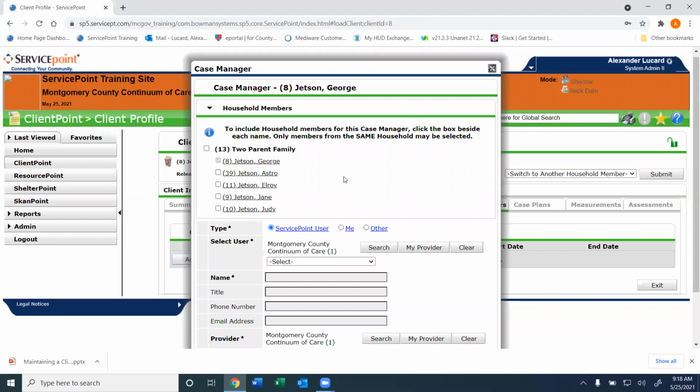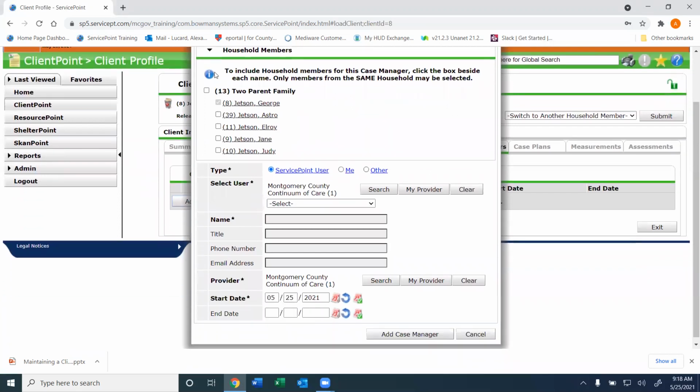And here we can see is the Case Manager pop-up. First thing we want to do is set ourselves up as a case manager for the entire family. Because we're in George's account, there's only a check mark by his name. What this means is that the system will fill out this entire form for every member of the family who has a check mark by their name. So that way you only have to fill it out once instead of, say, 5 times